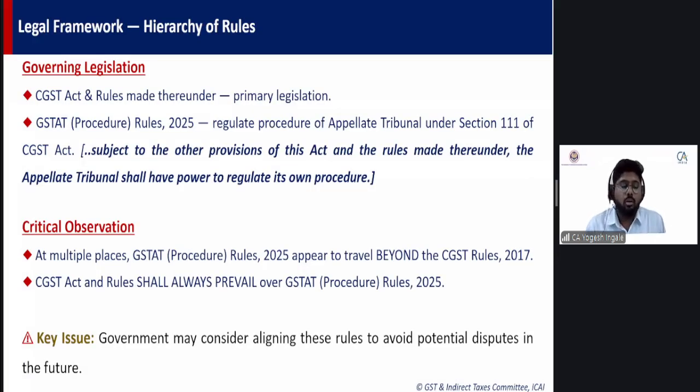Now we are going through a few CGST rules and a few GSTAT procedure rules. Why? Because we will get the idea of what requirements are there, what the law expects us to do. As far as governing legislation is concerned, the CGST Act and rules made thereunder will be the primary legislation, of course. As per section 111,